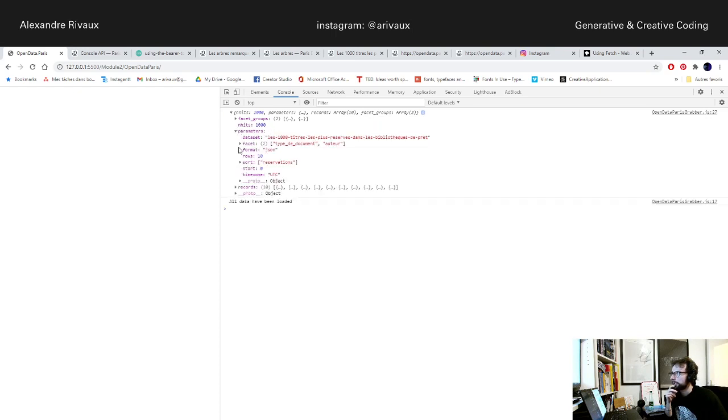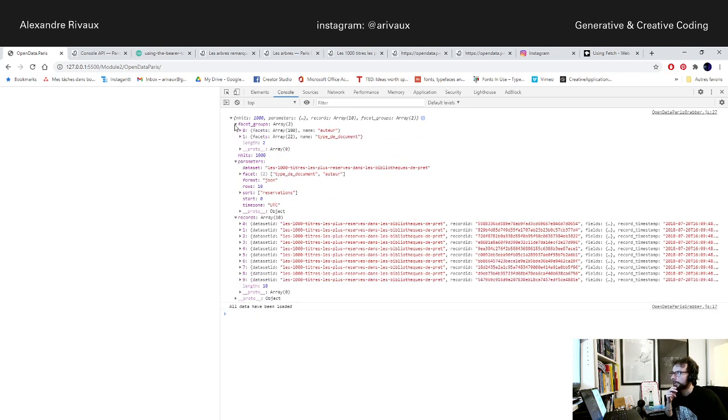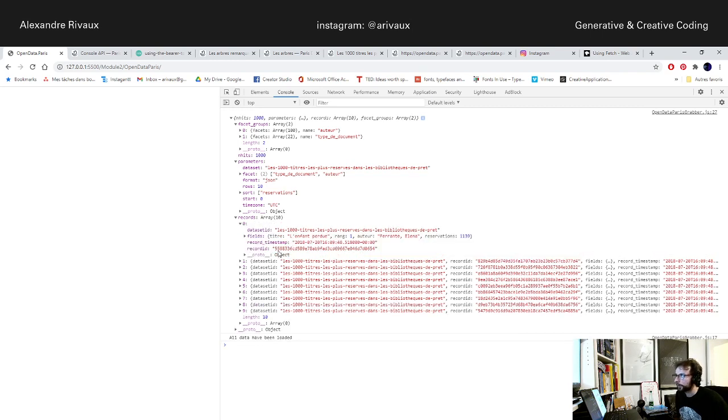Another interesting thing in JSON objects is you could dive into arrays. So for example, I talk about arrays here. So facet groups and records are arrays. The records is basically all my data, all my hits, all my records, the first one, the second one, etc., which are sorted. So basically this one would be the lost child, which is rank 1 and has 1139 bookings. Okay,